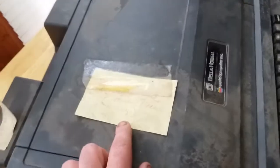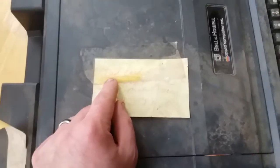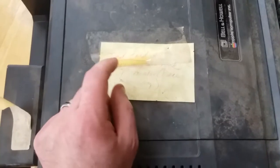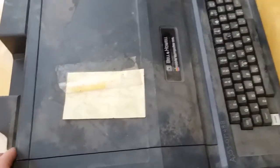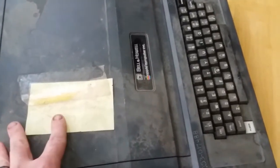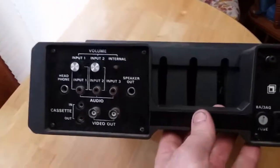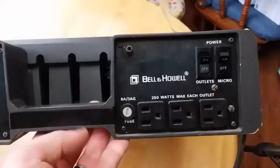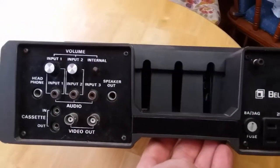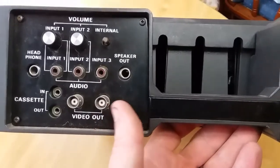It's got this piece of paper here, which it either says bad cord or bad card, and no way to hook up monitor. Piece is missing. So I'm not 100% sure what that means, but I think it has something to do with the fact that this has the even harder to find, focus, Bell & Howell AV backpack. And the video out is two BNC connectors, so